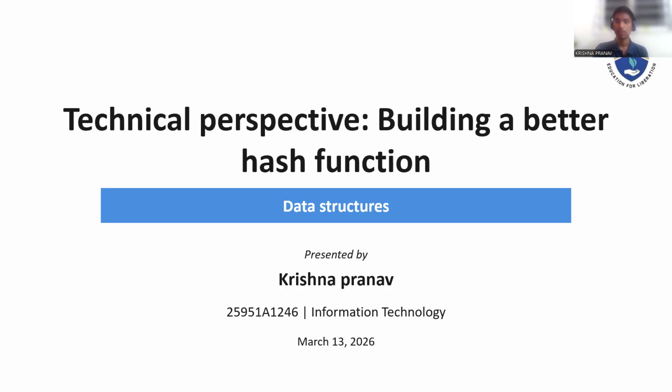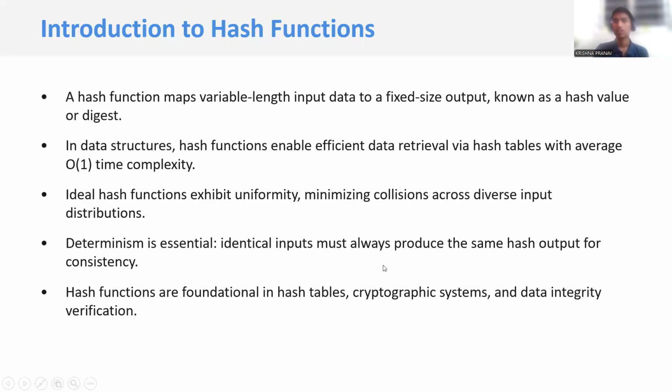This is a technical perspective, and it's related to data structures. Introduction to hash functions. A hash function maps variable-length input data to a fixed-size output known as a hash value or digest. In data structures, hash functions enable efficient data retrieval via hash tables with average O(1)